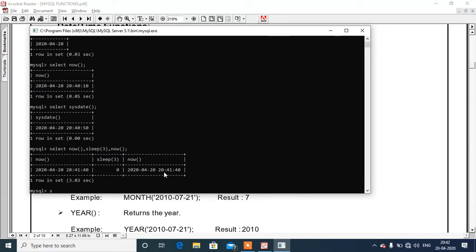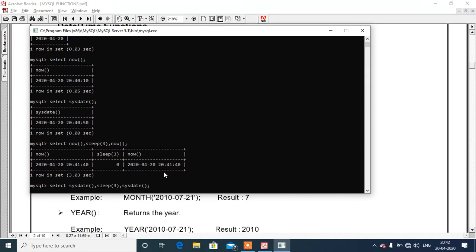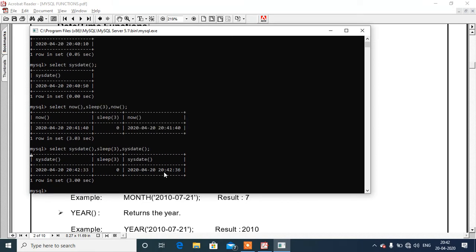Now if we execute select sysdate, sleep 3, and again sysdate, this will again sleep for 3 seconds and you'll see the result. In case of sysdate, you can see the time is 20:42:33 and after 3 seconds of sleep the time is 20:42:36.